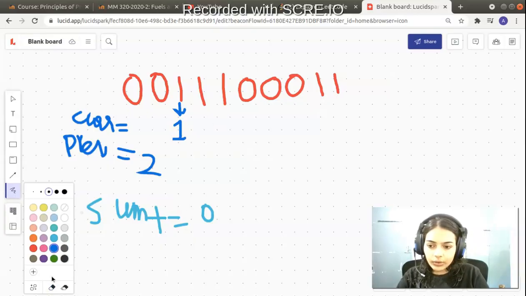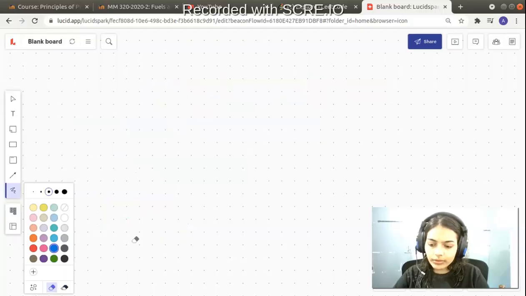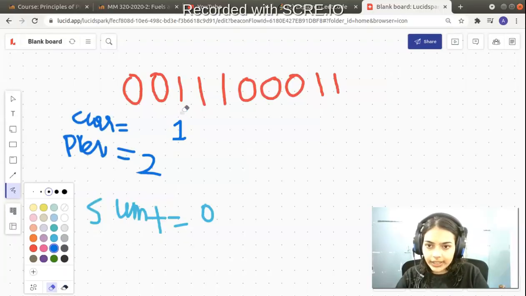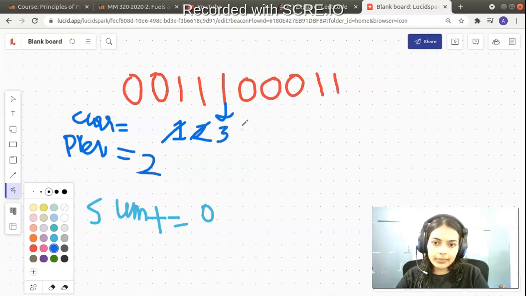So when we go over the next element, let's go over the next element. In the next element, now you see there was one element, now we have two elements that are grouped together, right? So there are two elements that are grouped together, so we change current and current becomes equal to 2. Okay, now let's go to the next element. When we iterate over the next element, we see this is the same as previous element. That means we have incremented our count. So now current has become equal to 3 because we have found three elements grouped together. Okay, now let's go to the next element again.